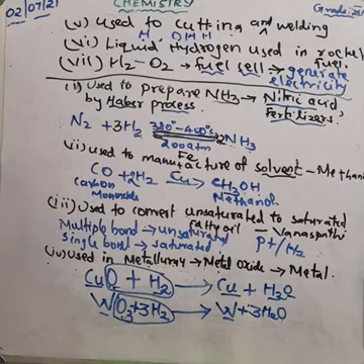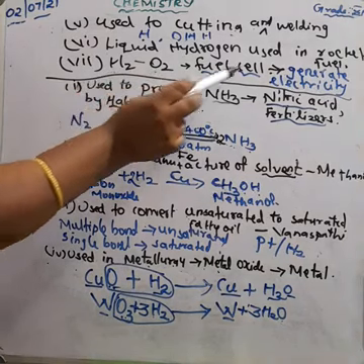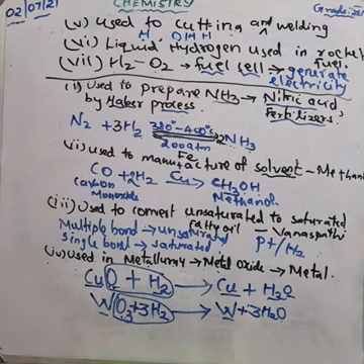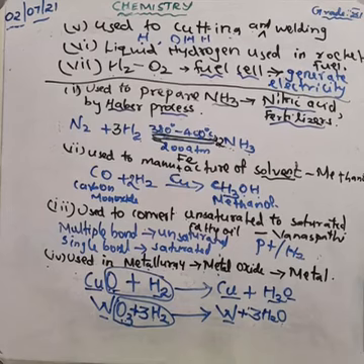Okay, what is the seventh use? Hydrogen is used in fuel cells to generate electricity. These are the uses of hydrogen. Very, very important. Okay, study well. And then the next topic,